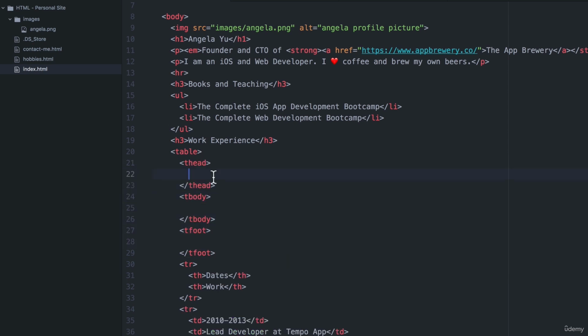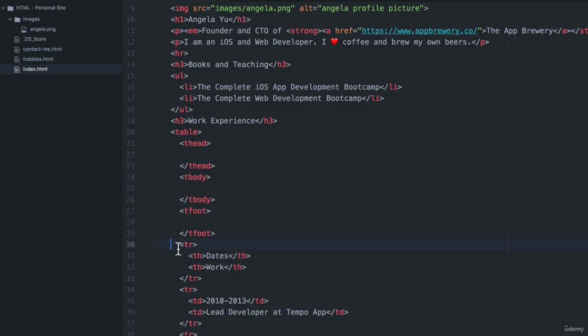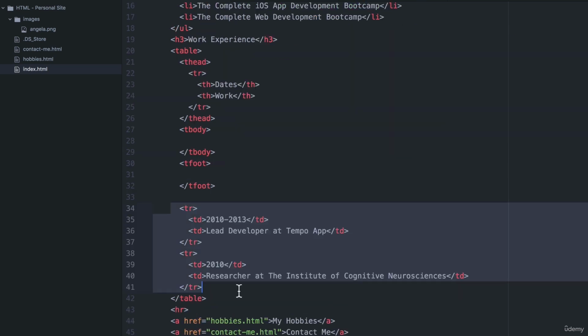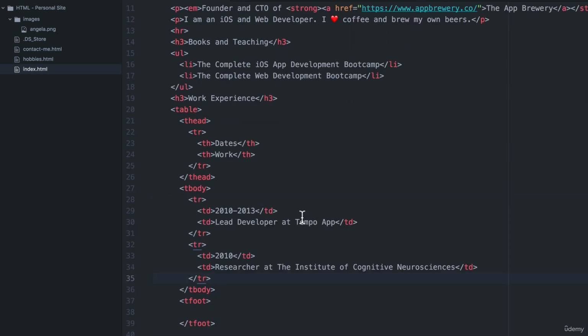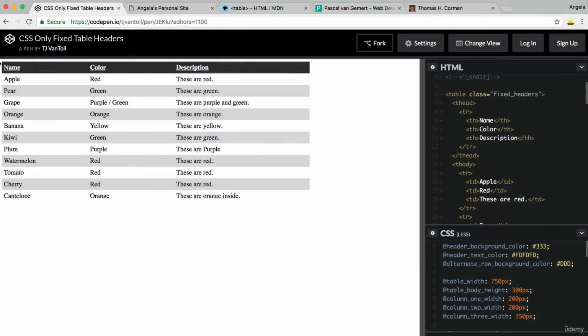But the reason why we might have different sections of our table, for example, putting these cells inside the table head and putting these inside the body, is because sometimes we might want to select and isolate the table header and the table body in order to style it differently or make it function in a different way. For example, if we separated the table header from the table body, we can use some code to isolate the header and fix it in place so that when users scroll through our table, we can keep these headings on screen. Now, that requires a little bit more fancy stuff like CSS or JavaScript, which we'll wait until later modules